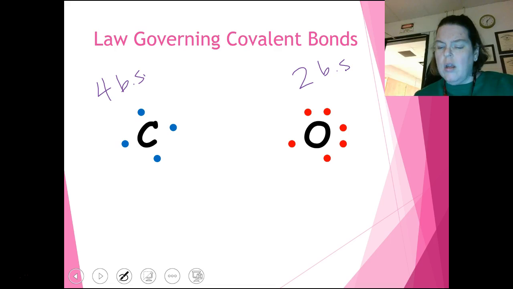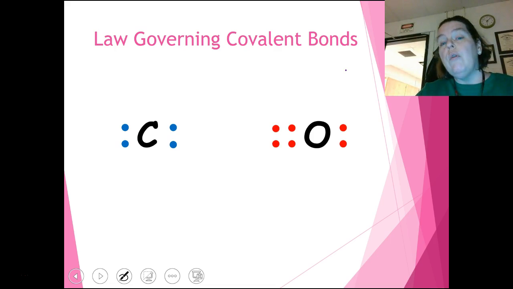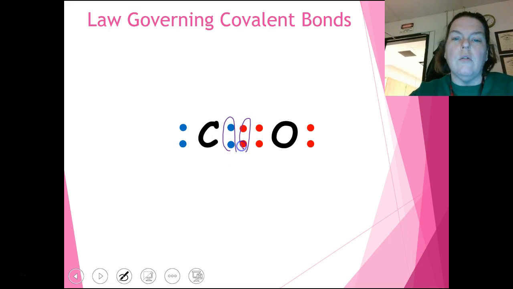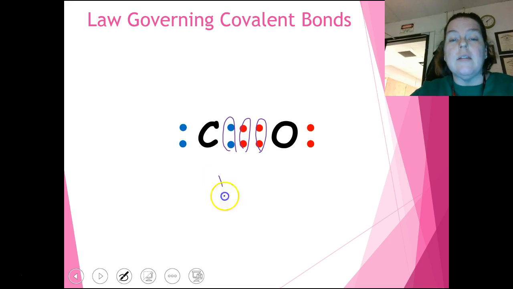So for this to work, carbon has to rearrange itself, and it's got to share 2 electrons with oxygen because oxygen needs 2 electrons. But in order for carbon to be good, oxygen has to rearrange and share 4 electrons with carbon, not 2, 4 electrons with carbon. So what we see is these two things coming together, and we see something different than we've seen before. We see 1, 2, 3 pairs of electrons. 3 pairs of electrons means that this is a triple